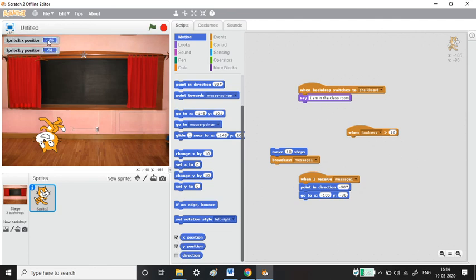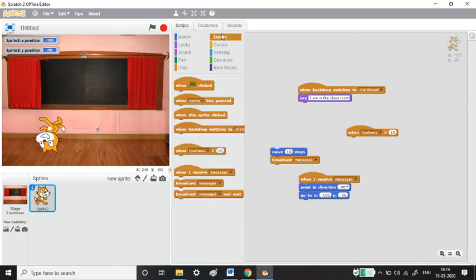See here, x is minus 105 and y is minus 196, and before that I had given it to turn left. That's what it did. So this is the use of broadcast message and when I receive message 1. Here you can broadcast the message and also wait. This is the use of this block palette.